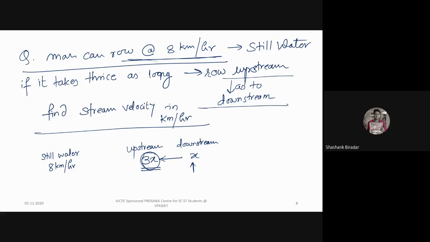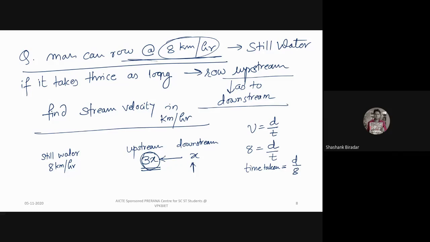See, how we can utilize this 8 kilometer per hour. Your velocity is distance by time. So this 8 equals the distance traveled divided by time. So the time taken is d by 8. Understood? Up till now, this is clear.